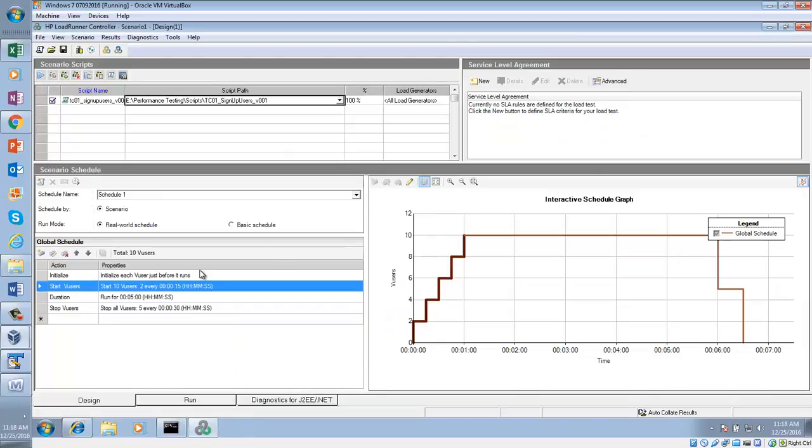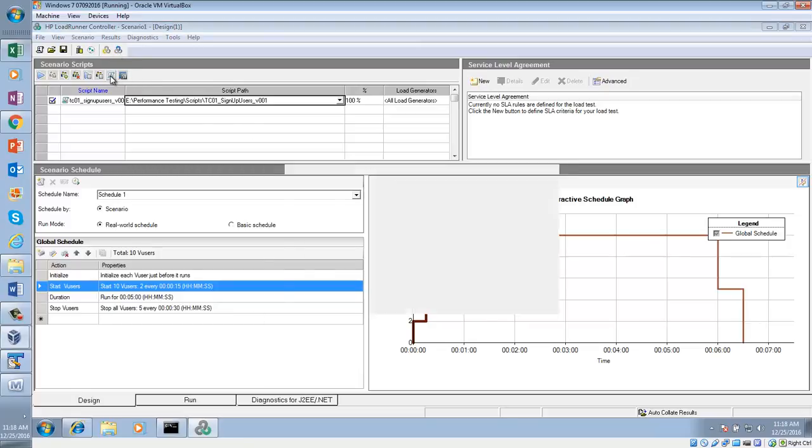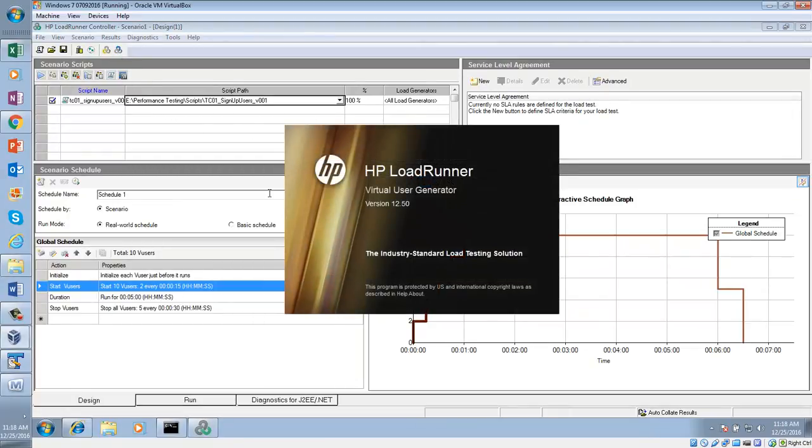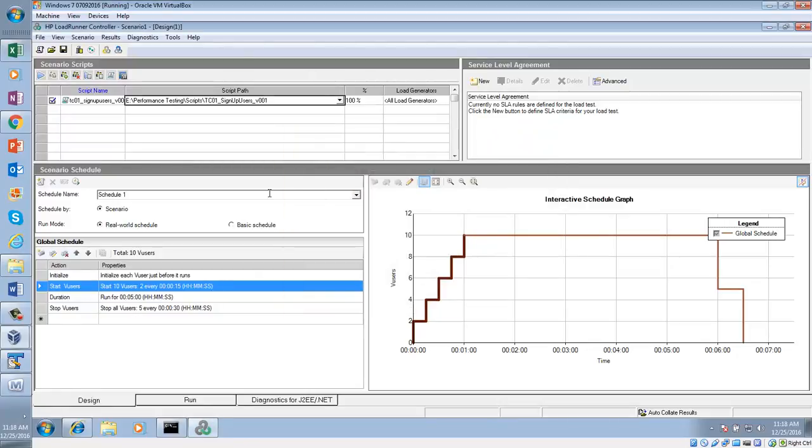Now how much data do I have in that script? You want to say one, right? The third line you want to execute? No, now I am executing it from the controller. I want to execute it multiple times.